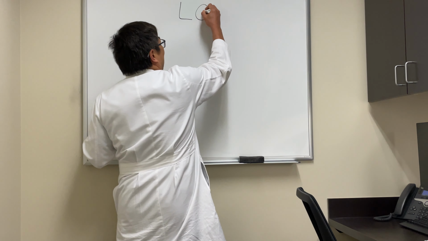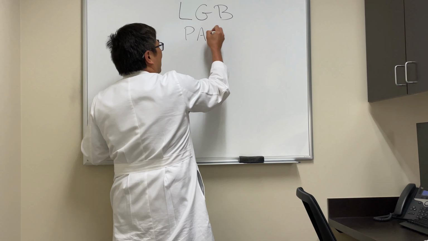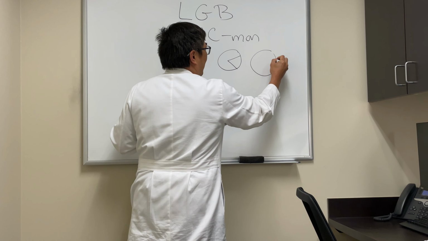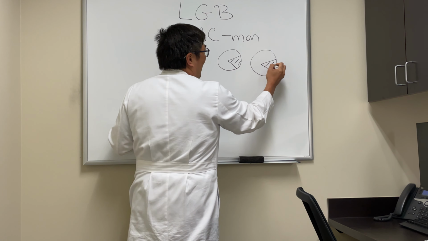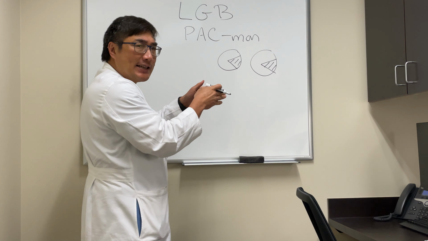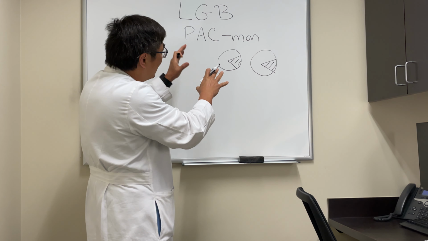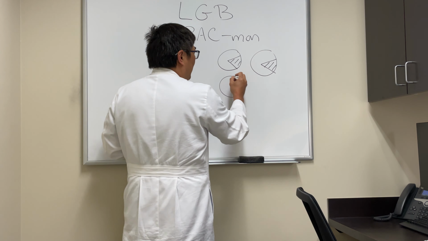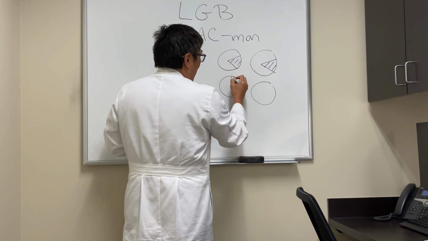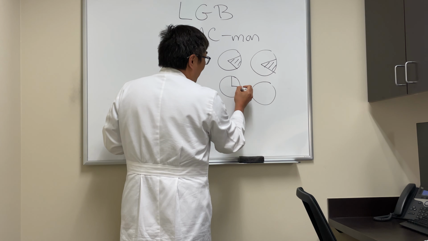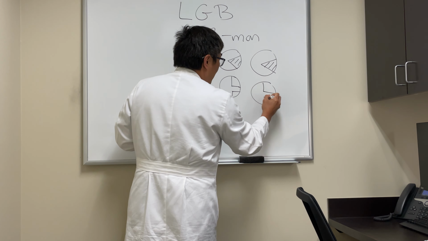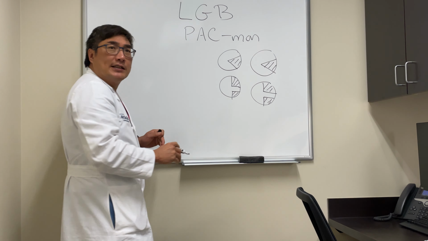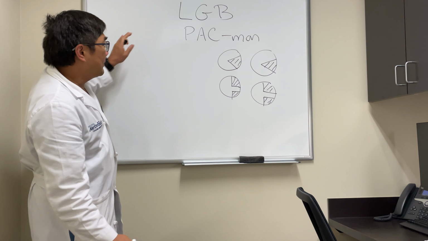So someone asked about the lateral geniculate body and the Pac-Man field. As you know, Pac-Man kind of looks like this. And so on a field, if we have a wedge homonymous hemianopsia that's pointing to fixation, this is the field defect that suggests that the problem is in the geniculate body. Either involvement of this wedge or the reverse of this field, which is you can have sparing of this wedge. So either involvement or sparing of this wedge is a Pac-Man field in the geniculate body, and that's because the